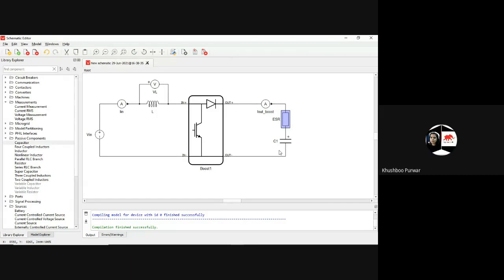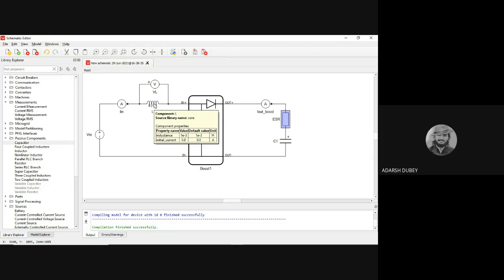Ma'am, we are using it for filtering the DC. Actually, in the circuit diagram of the boost converter, the inductor is not present, so we have to manually put it outside the block. So that is why L is there.